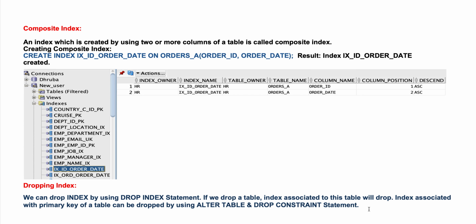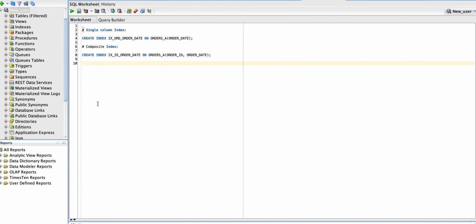Next, let me go through our Oracle developer window, run those codes and observe the result. This is the Oracle developer window where I am going to run the code which I previously explained. First of all, I am going to create a single column index. After that, I am going to create a composite index. Let me create the single column index first. We use the create index statement, create index, index name, where the index name is index order date, on table name orders